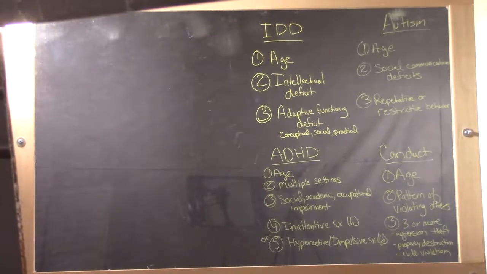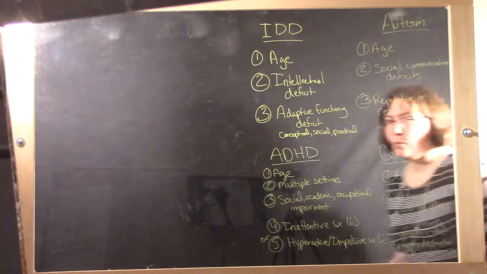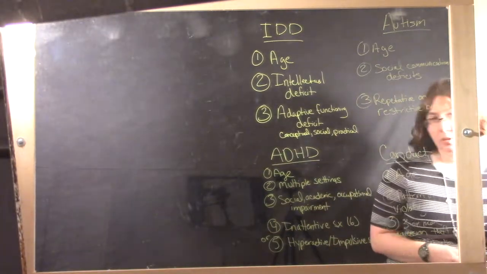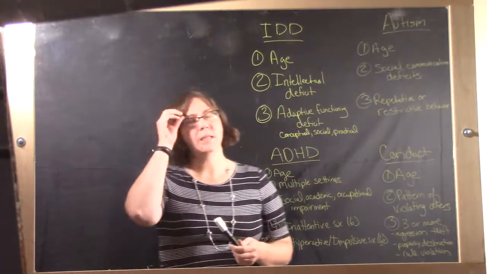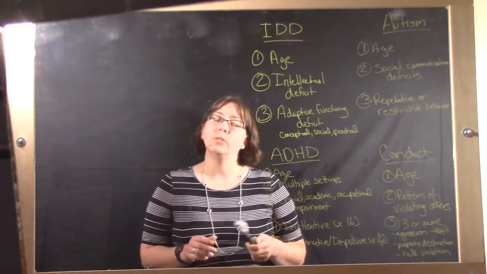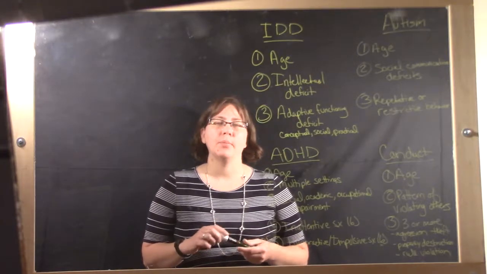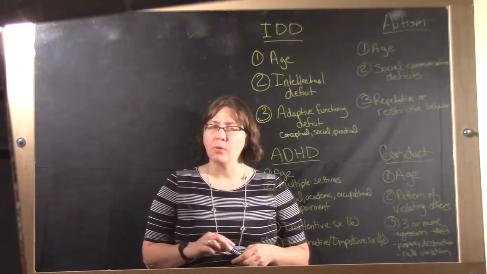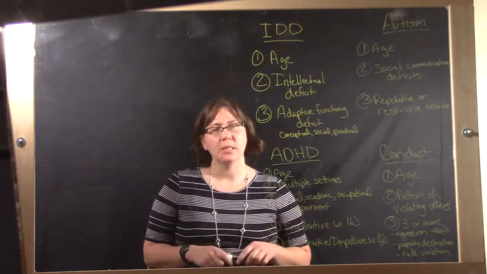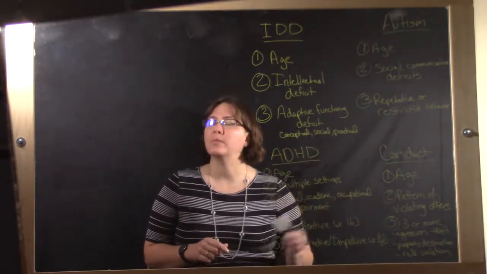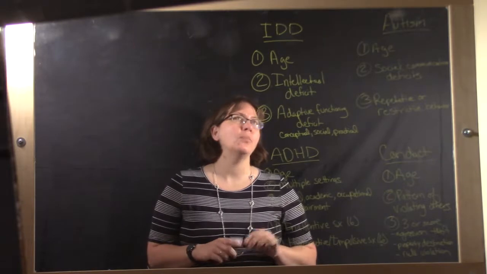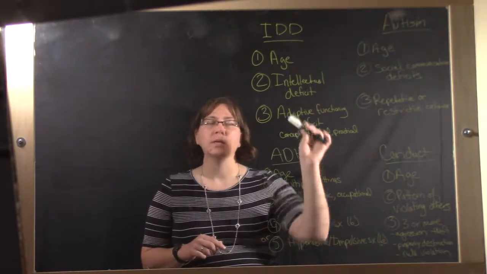Okay, this is your lecture over neurodevelopmental disorders, what we actually used to call disorders of the childhood. And what I want to focus on during this lecture is why we actually used to call them that, because you'll see that a part of the criteria for the four main disorders I'm going to talk about today have an age component to them or some sort of developmental period. So I'm really going to focus on four.